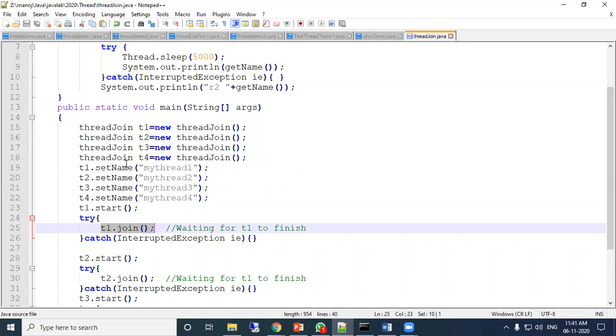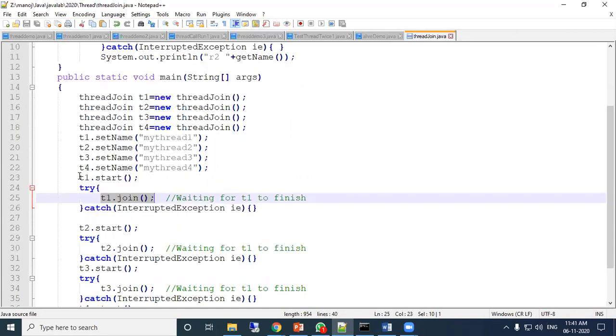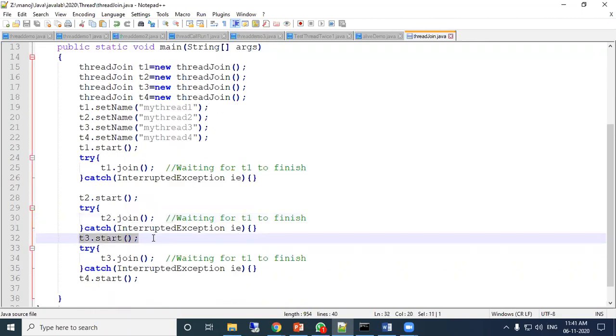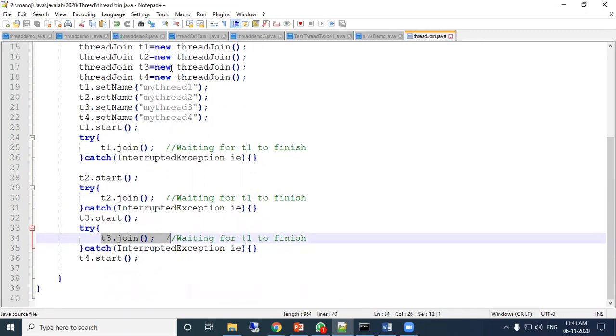You can say in reverse, the join method instructs other threads to wait; that will not be allowed. So after completion of T1's run method, only then will T2 start. Like that, T2 join holds the execution of other threads. Next T3 start, T3 joins, then T4 start. So one after one it will execute. The program name is threadjoin.java.